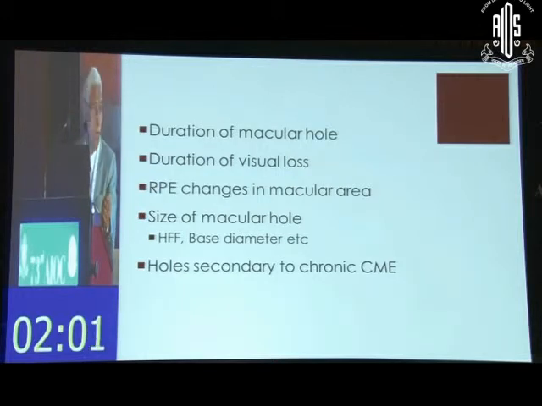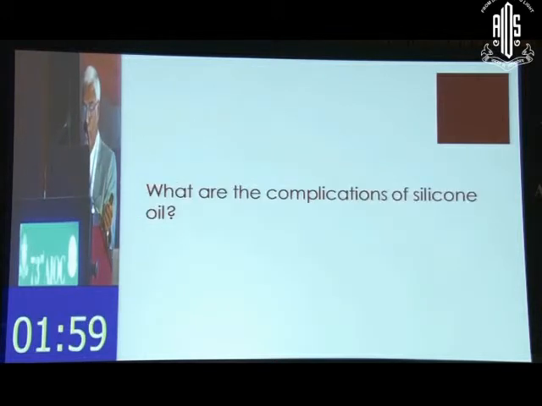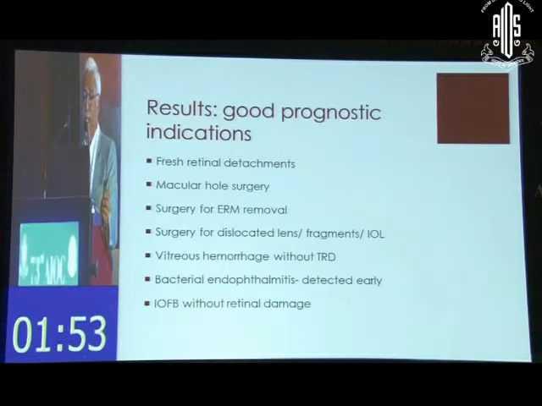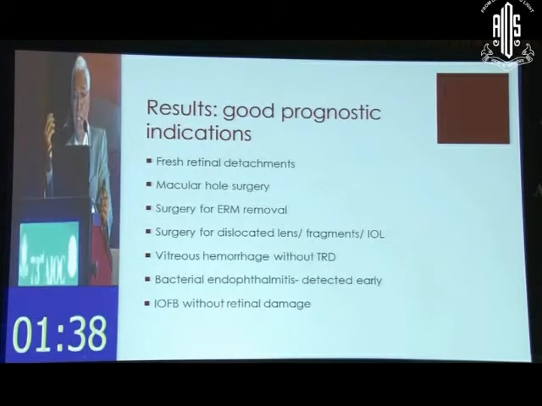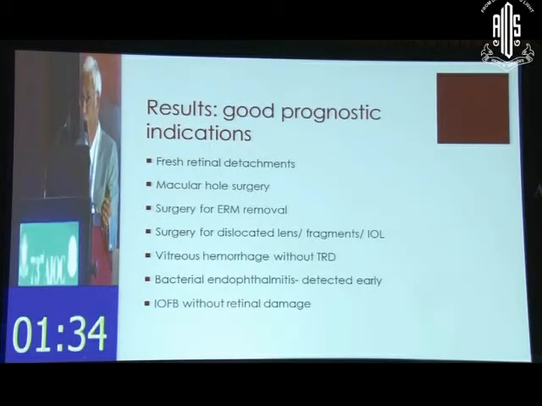I think maybe because of time I'll go through the last two slides. Yeah. These are the list of conditions where the prognosis is likely to be good, so you would like to push the patient towards undergoing surgery. Like a fresh detachment of retina, you wouldn't ask him to pickle it and come after 6 months. If he says that my daughter is getting married after 1 month, I'll come only after that, you would not wait for that. Okay?